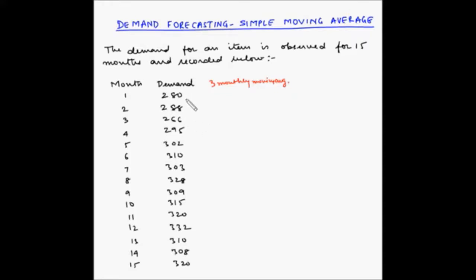So here, even though we have been given the actual demand for all the 15 months, let us first find out the 3 monthly moving average for month number 4. What we will assume is that we at this point do not know what the actual demand is going to be for the 4th month, but we know the actual demand for the first 3 months. So we'll forecast the demand for the 4th month by taking the simple moving average of the first 3 months. So let me pull my calculator.